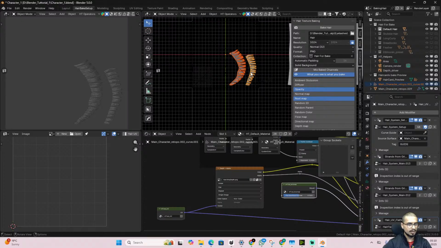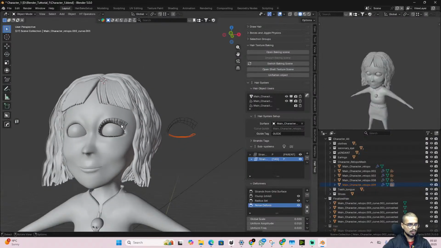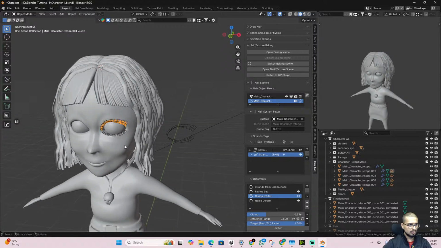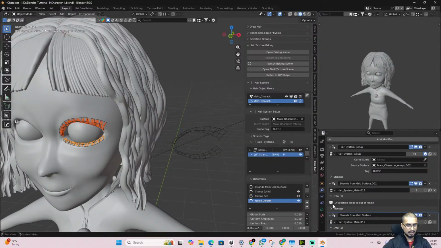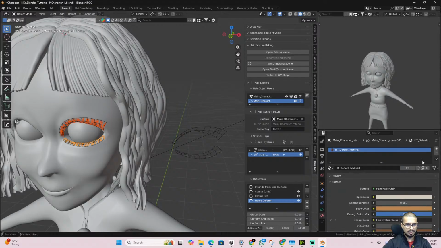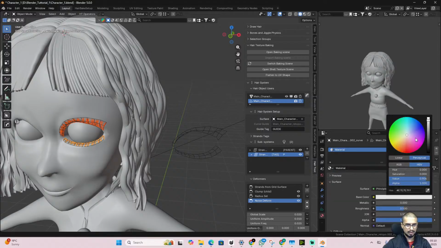Maybe because it doesn't have any hairs. Oh sorry, a material basically. Let's go back to our main. Switch to main scene. And I'll select both of them. I'll open properties and material is there. Okay, so we don't need this material. We'll create our new material and add dark brown maybe,